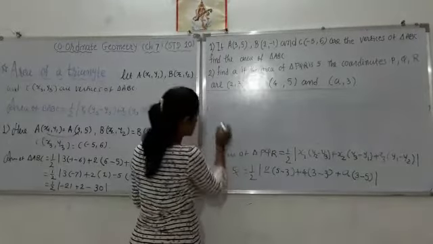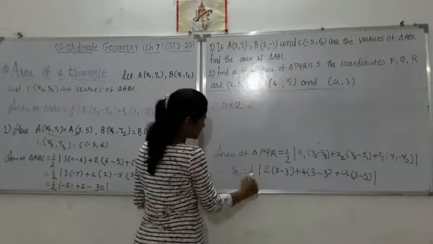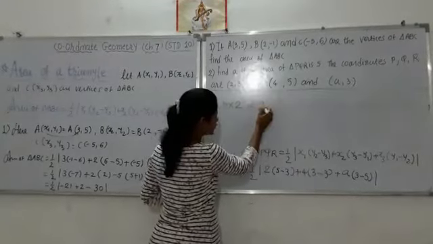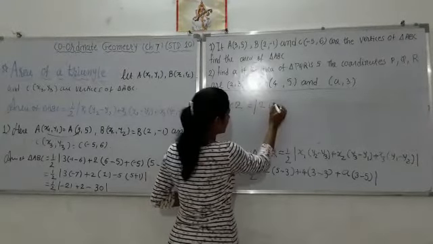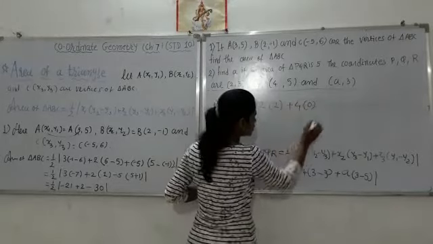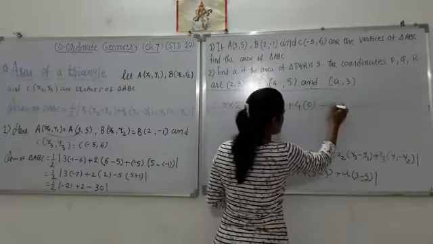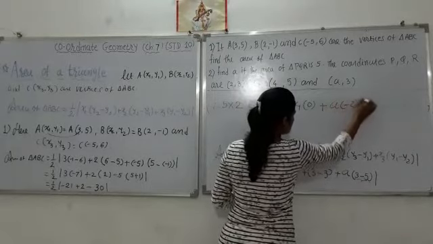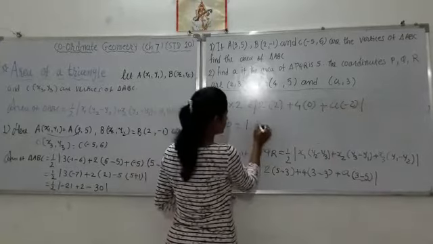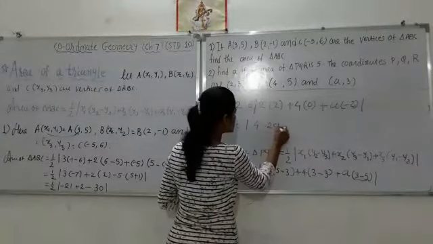So 5 multiplied by 2, because it is division, shift here it becomes a product. Is equal to 2 times absolute, right as it is. 5 minus 3 is 2, plus 4 into 3 minus 3 is 0. 3 minus 5 is minus 2 and here is a. So write here minus 2. Now 5 twos are 10 is equal to 2 twos are 4, 4 zeros are 0, and plus minus minus 2a.